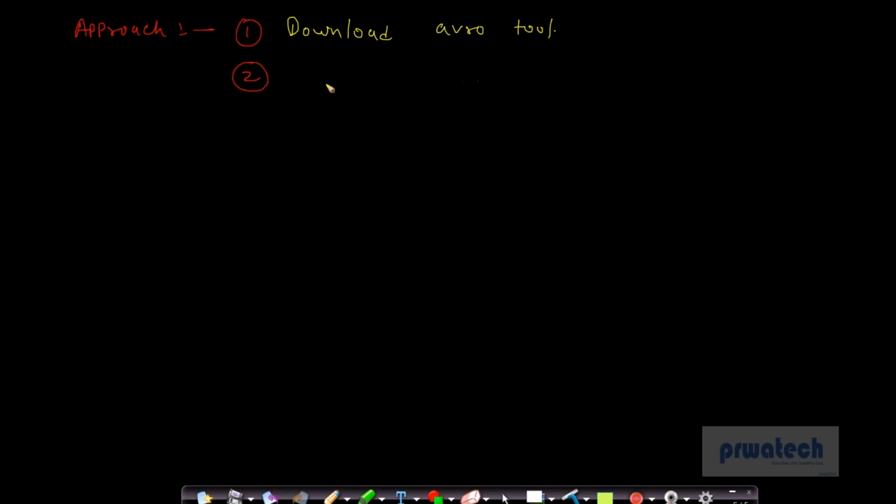So that second point is optional. People who are downloading in Windows can use FTP and copy it to Cloudera desktop. Once this is copied to Cloudera desktop, then I will extract using this tool, the Avro tool,